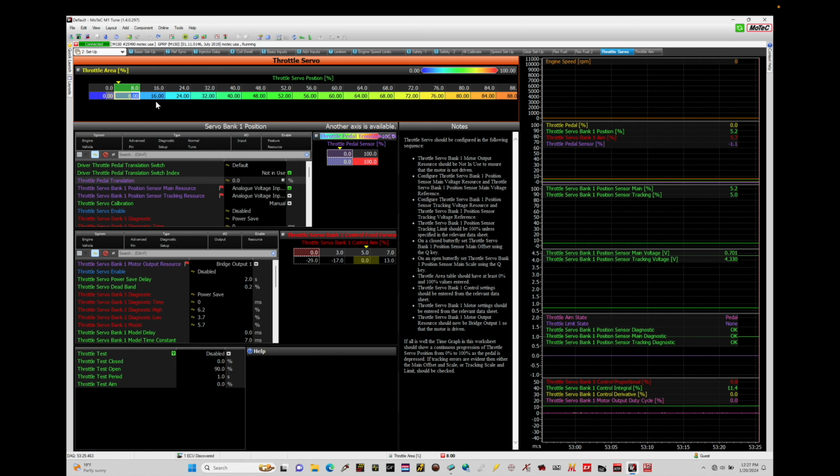Now the values in this table are going to be specific to the throttle body you're working with. We can determine the values either by having Motec give us this information if you have a throttle body that's been characterized from Motec, or if you have a flow bench and you can actually flow your throttle body opening at various different throttle servo positions, you can determine the values in our table here. So what you would have to do is obviously 0 throttle area, effective area, it's our throttle blade closed, that would have 0. So 0, 0. So throttle plate closed, 0 effective area. 100 right here,